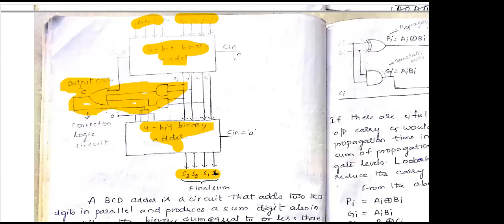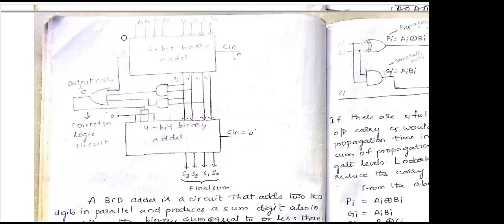This is how it looks for a 4-bit operation. If you want to perform 8-bit, we have to use two sets. We have to take two complete sets. If you want to perform an 8-bit operation, I have to take one more block, A7 A6 A5 A4, and the same block has to be repeated 2 times. This circuit is used to perform 4-bit binary BCD addition.